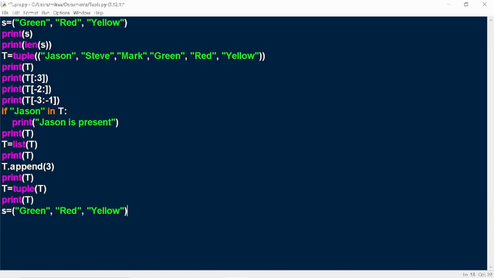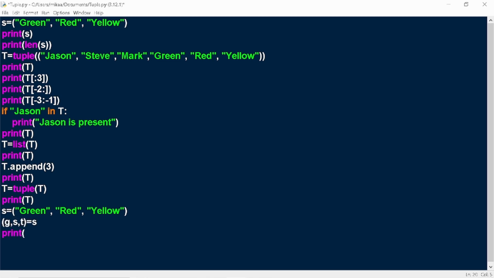There can be 2 types of things. One is that if the values are few, we can assign those values to the same number of variables. For example, I can write here G, S, T,